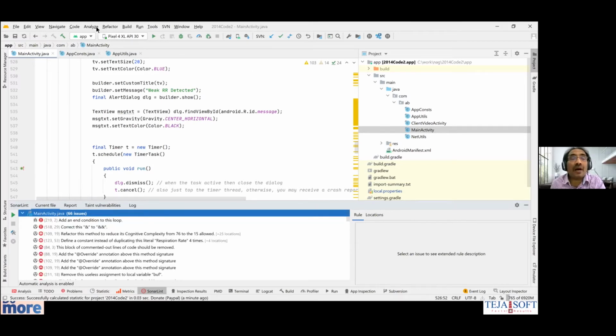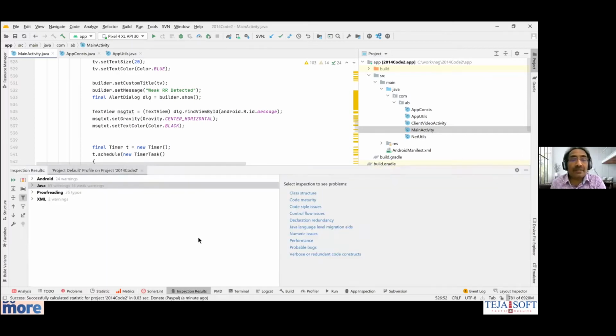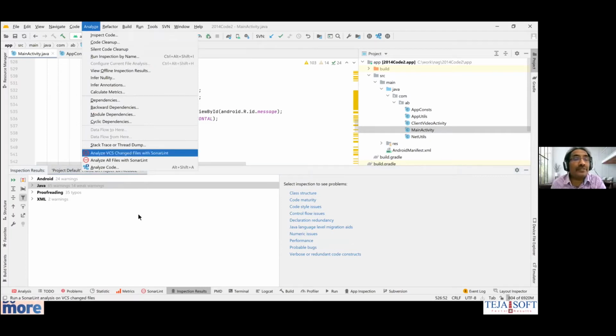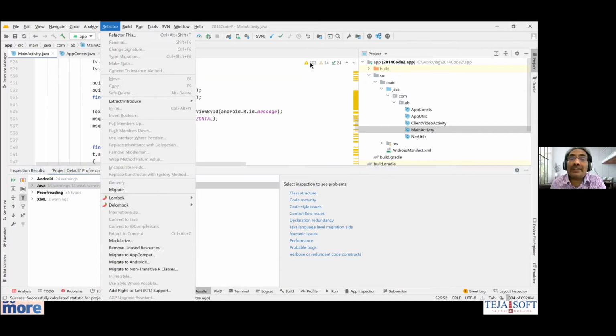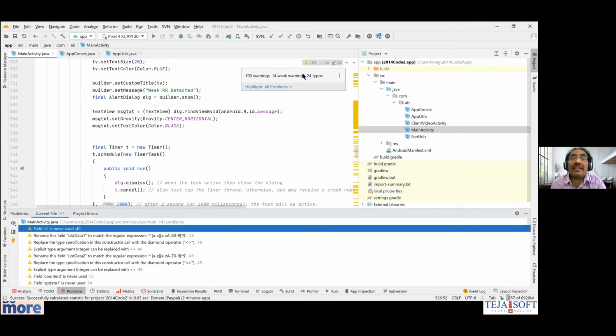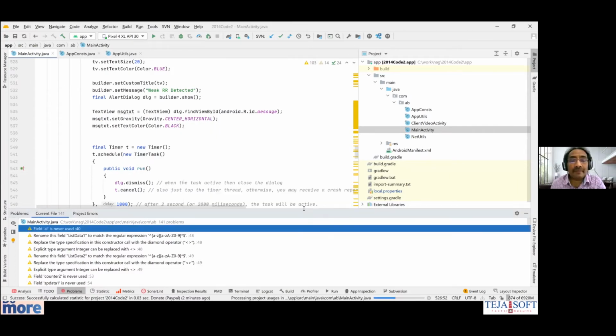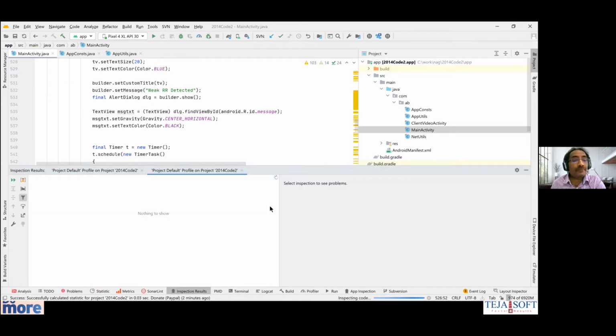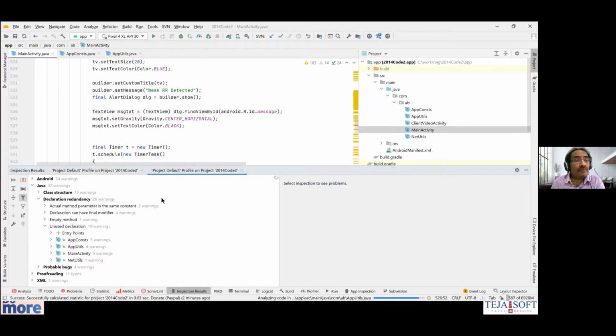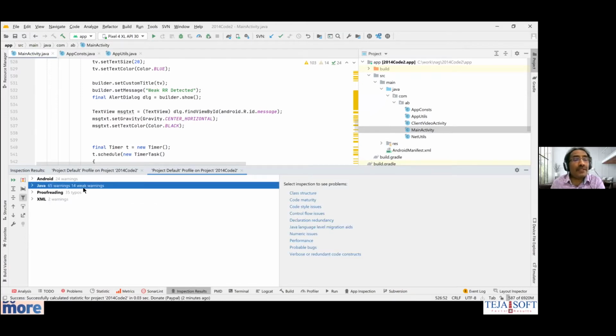And then, at least IntelliJ itself, when you say analyze, inspect code, it gives you almost 103. You can see this 103, and then 4-week references, 24, or I can run it once and then show you. Yeah, there are around 65 plus Android specific issues. There are around 103 issues.